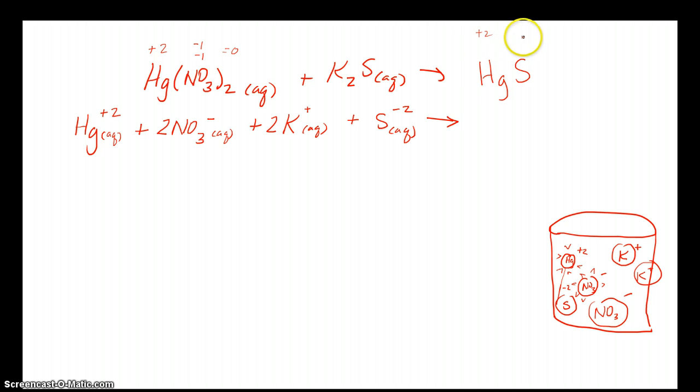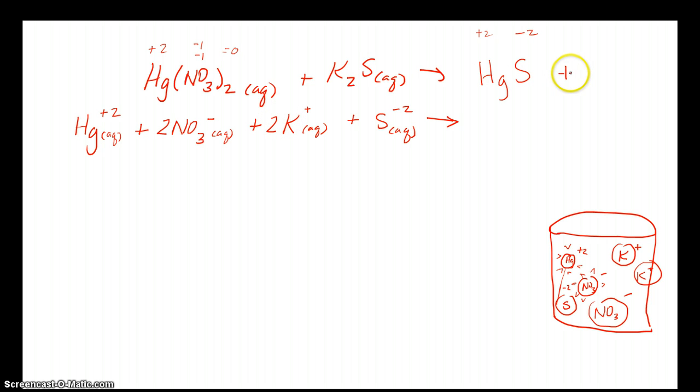So up here, just as a note to myself, mercury has a +2 charge. I remember that from over here. Sulfur has a -2 charge. That actually works out to be 0. We can keep them as a 1-to-1 relationship. All right, so the next thing is